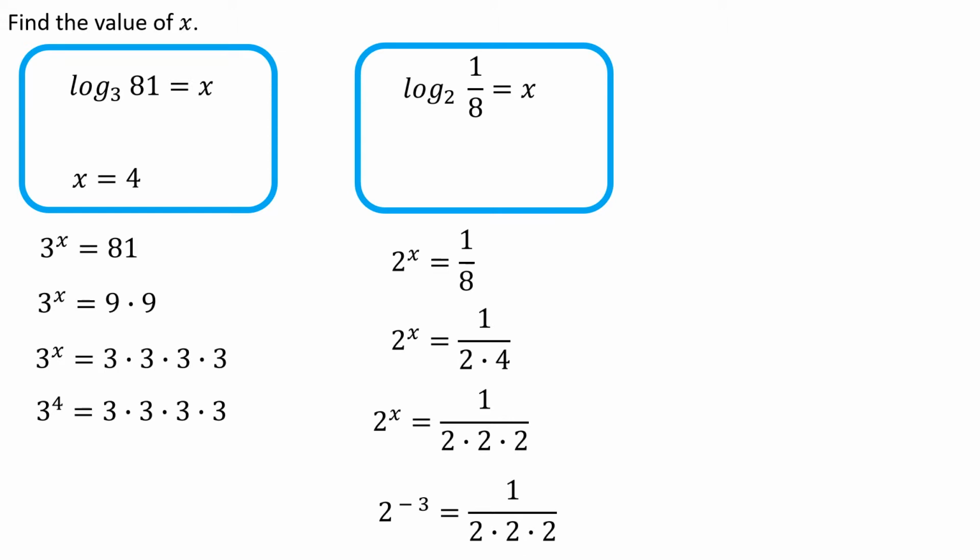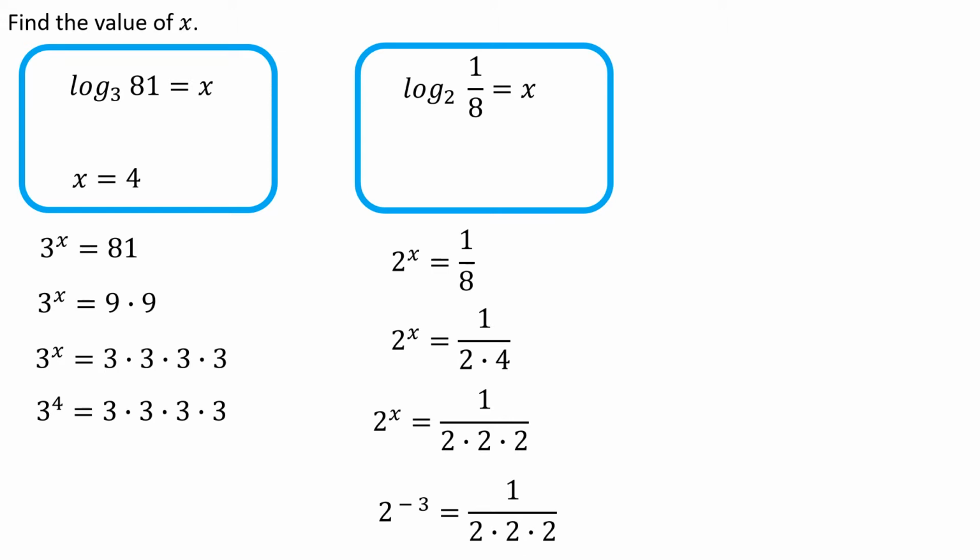But because the 2 times 2 times 2 is in the denominator, I don't really have 2 to the third power. I have 2 to the -3 power, right? 2 to the third power would tell me I'm multiplying 3 2's together. But if it's a -3 for an exponent, instead of multiplying by the number 2, I'm dividing by the number 2. So 2 to the -3rd power would be 1 divided by 2, divided by 2,